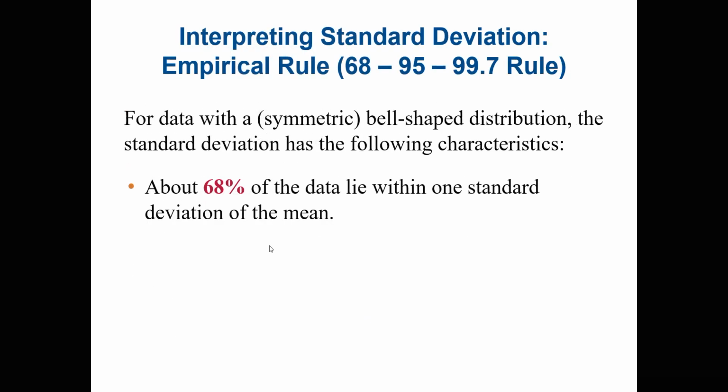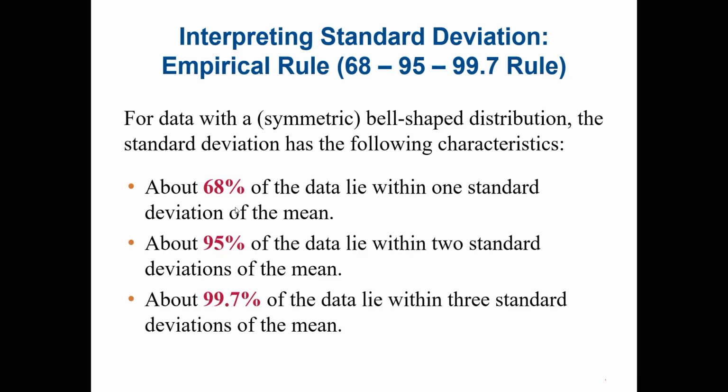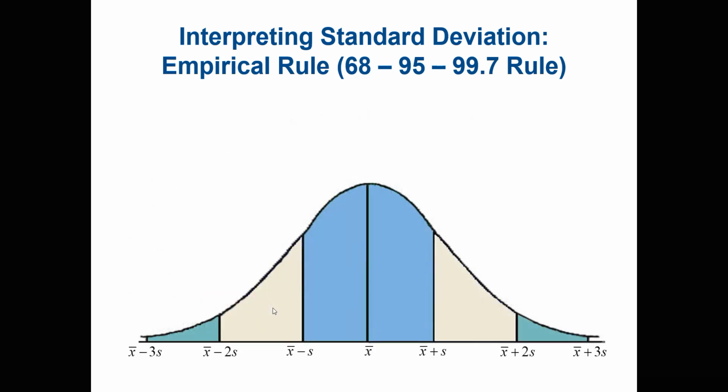Okay? Now, we are going to be talking about this rule, interpreting standard deviations using the empirical rule. I will use the graphic to explain this concept of the empirical rule, which is simply the 68%, 95%, or 99.7%. Okay? What does it mean? Graphically, you can see that for any distribution that has this shape, it's generally called the bell-shaped distribution or the